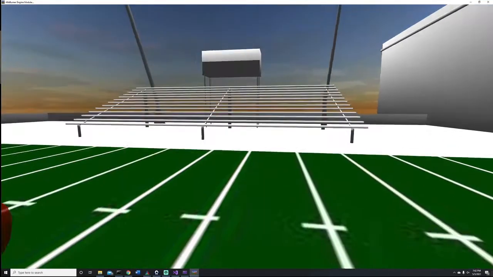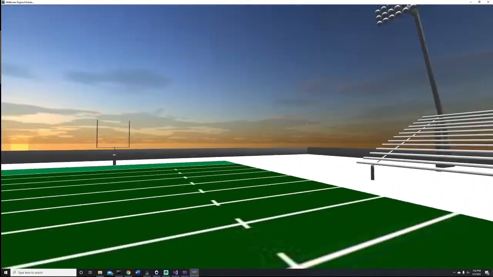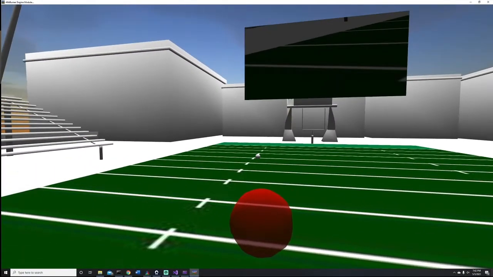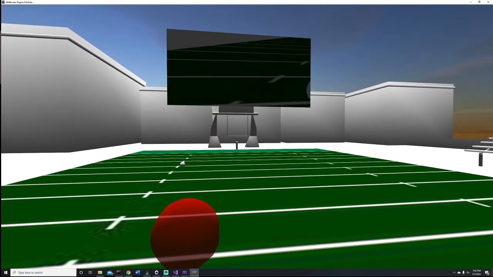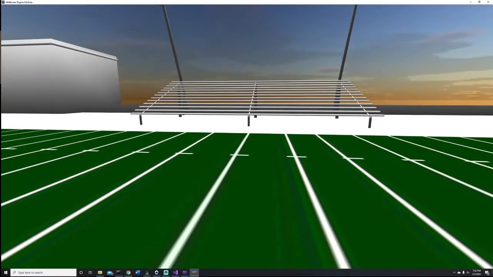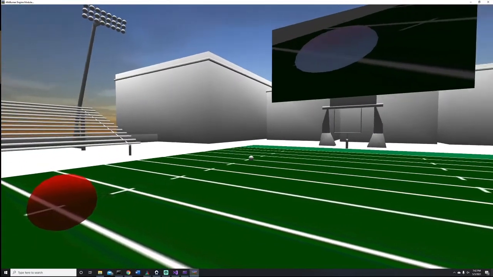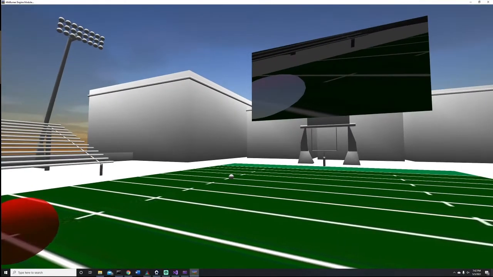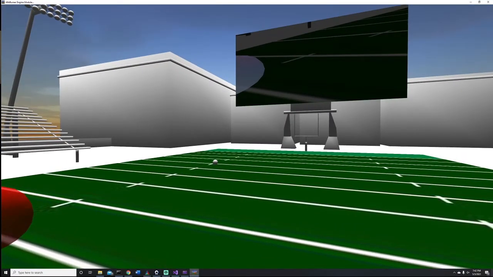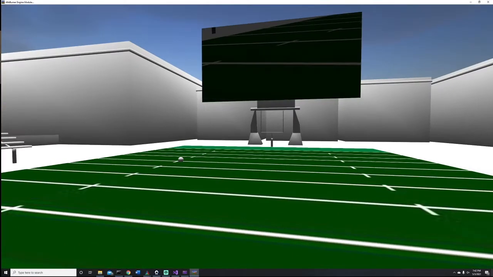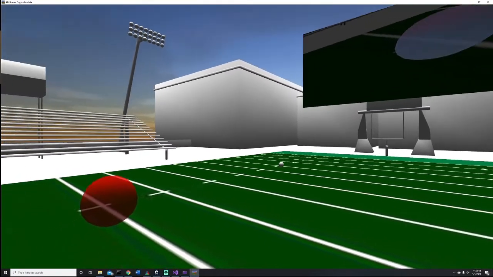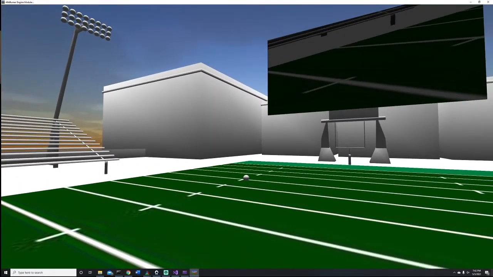It's not completely the way that I would like it to be done, but this is what I got to, and I'll explain through the code what I actually wanted to do. I couldn't find a football 3D model anywhere online for free anyway. So I have beach balls, but